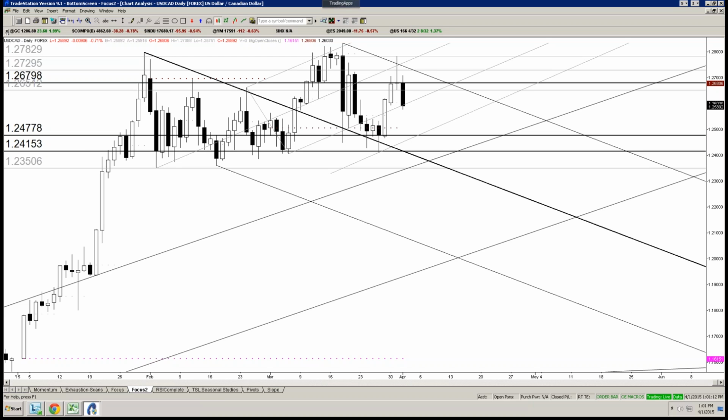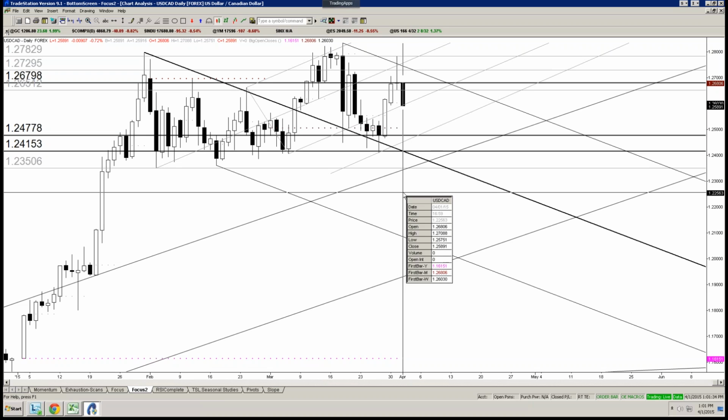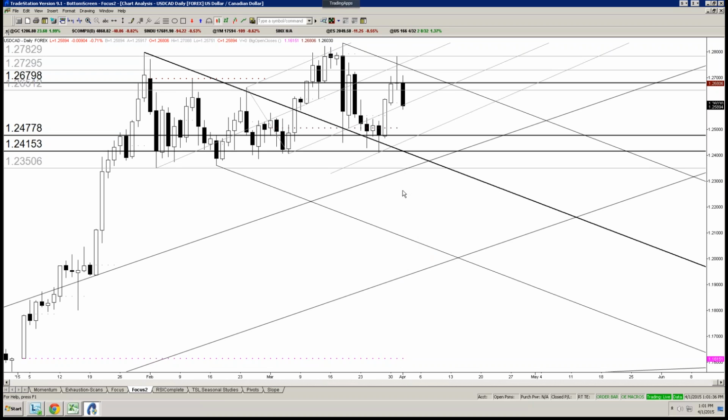There's some bigger picture setups shaping up, it appears, in yen crosses. Then of course I want to talk about dollar CAD. That was kind of the first idea really that we were looking to do here in April. Unfortunately, the short trigger or the entry price was not hit overnight. We'll get into that and see where we might want to try to get in next. Look at pound a little bit. All right, so let's begin.